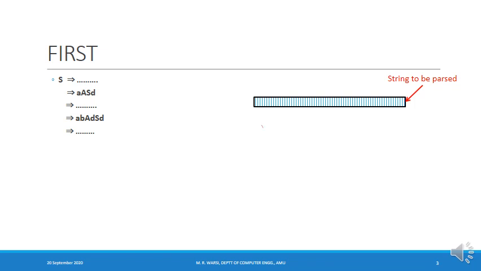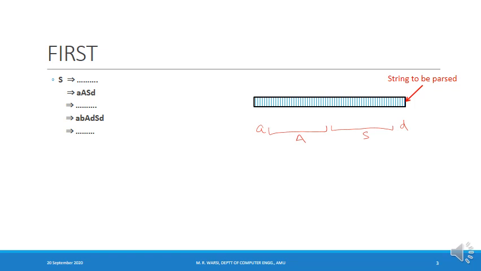The given string can be broken like this. It should begin with small a, followed by this there has to be a component which is derivable from capital A, followed by this there has to be a component which is derivable from capital S, and finally at the end there has to be small d. That is the significance of this. So when I look at the sentential form, on the basis of that I can say that the given string that we are parsing can be broken on the basis of the sentential form that we have obtained.